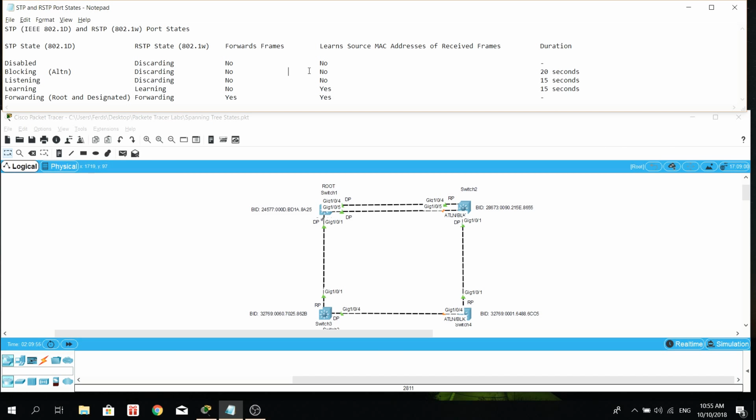As you can see here in the notepad, I listed the STP port states, and you can also see the RSTP port states, and whether those ports and those particular states forward frames or not, and whether they can learn the source MAC addresses of the received frames, and